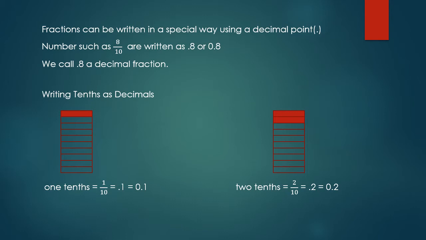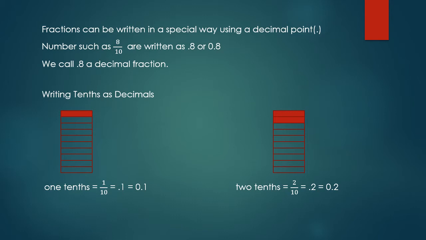Let's see the other example. Here also, in this rectangle, we have divided the rectangle in 10 parts, and out of these 10 parts, we have shaded 2 parts. So we'll write it as 2/10, that is 2 upon 10. In the decimal form, we'll write it as